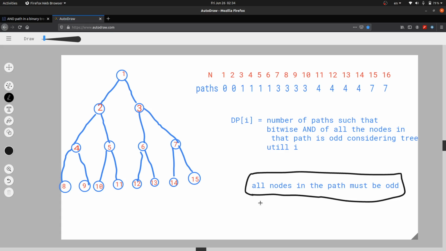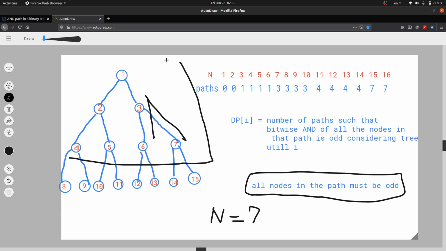Okay. Second thing, suppose that n equals 7, and we start finding the paths from this n equals 7. There can be multiple paths, like this is one path, this is a second path. I am only considering this tree from 1 to 7.